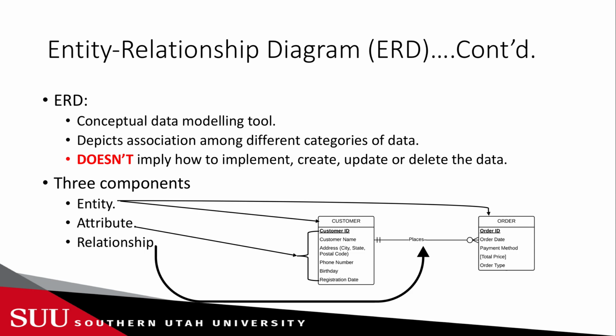And finally, we have relationships, which tell us what the relationship is between those entities. So in this case, customers will place orders, and we will see what those symbols mean later on. So the circle and the bars and what we call a crowfoot here, everything will have a meaning in the